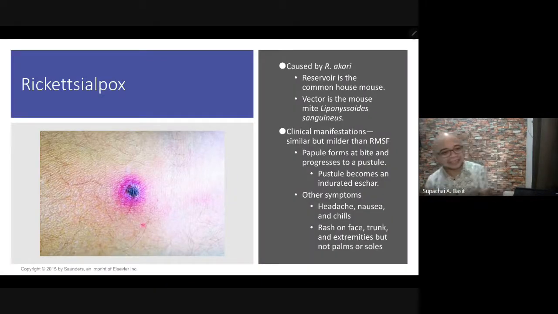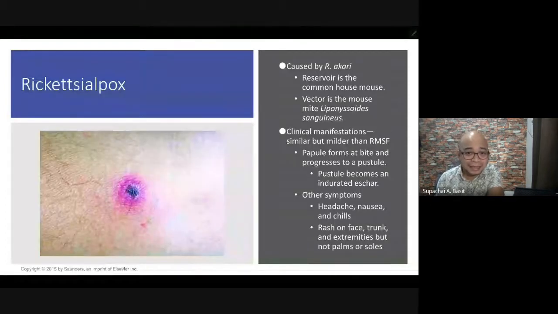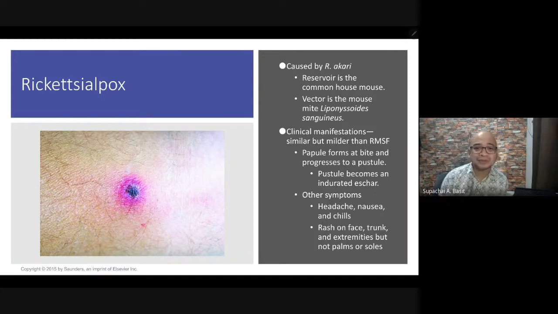Okay, so let's discuss this time rickettsial pox. Rickettsial pox is caused by Rickettsia akari. The reservoir is the common house mouse. So may mga daga sa bahay. They can be an important reservoir of rickettsial pox. And the vector is the mouse mite called Liponyssoides sanguineus. The clinical manifestation is also similar to Rocky Mountain spotted fever, except that you will